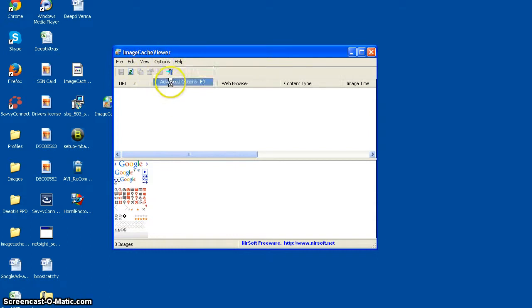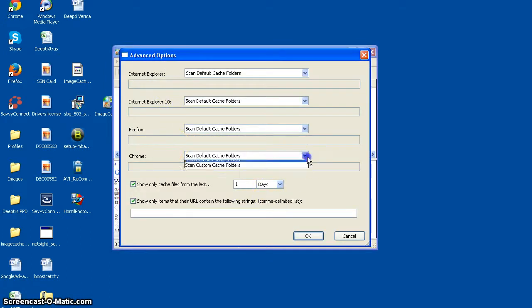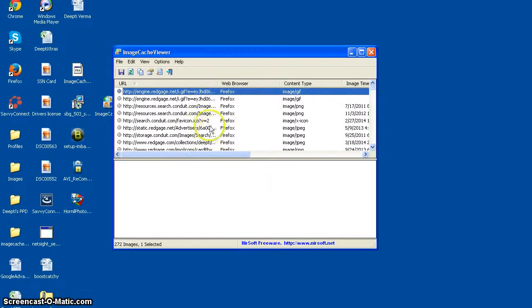Basically you can scan custom folders, and you can give the name of the folder here, and it will cache all the files. Let's say show only cache from the last 1 hour, or let's say 5 hours. See, it's now showing all the files that were cached in the last 5 hours.